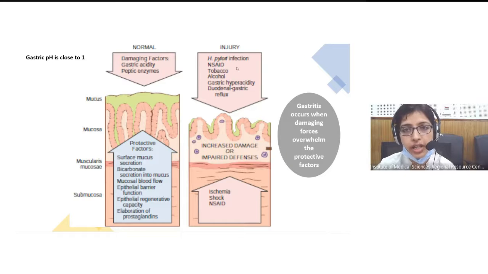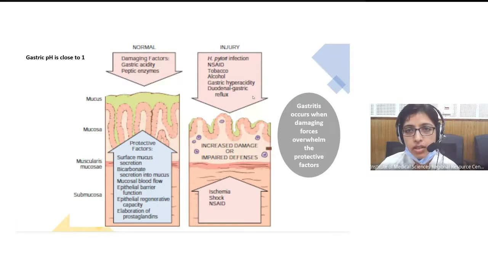Then non-steroidal anti-inflammatory drugs. This class of drugs includes what all drugs? We have acetaminophen, we have ibuprofen. These are very commonly taken for a number of medical conditions. Their primary mechanism of action is inhibition of the enzyme cyclooxygenase. And as we have seen, the cyclooxygenase enzyme is very important for the synthesis of prostaglandins from arachidonic acid, especially prostaglandins E2 and I2. When this enzyme is inhibited, the prostaglandins are not formed, and with the loss of prostaglandins, this entire protective machinery falters.